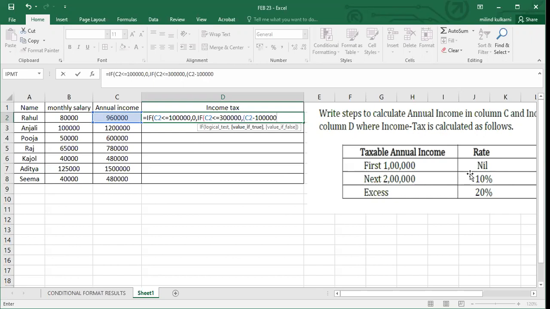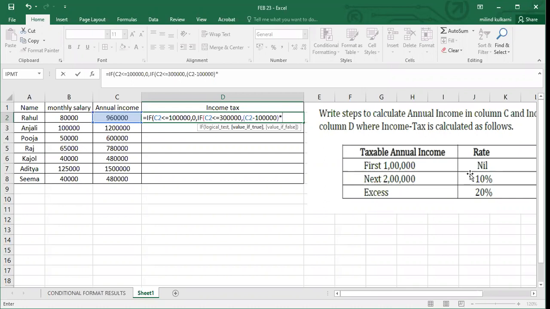bracket complete. Next 2 lakh means you should subtract that 1 lakh from your initial amount, and for the next 2 lakh, the income tax rate is 10%. You should multiply by 10%.